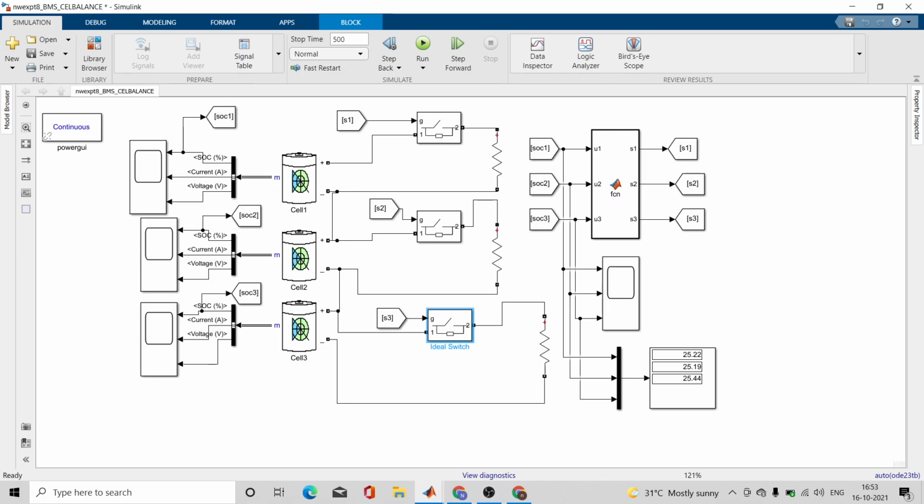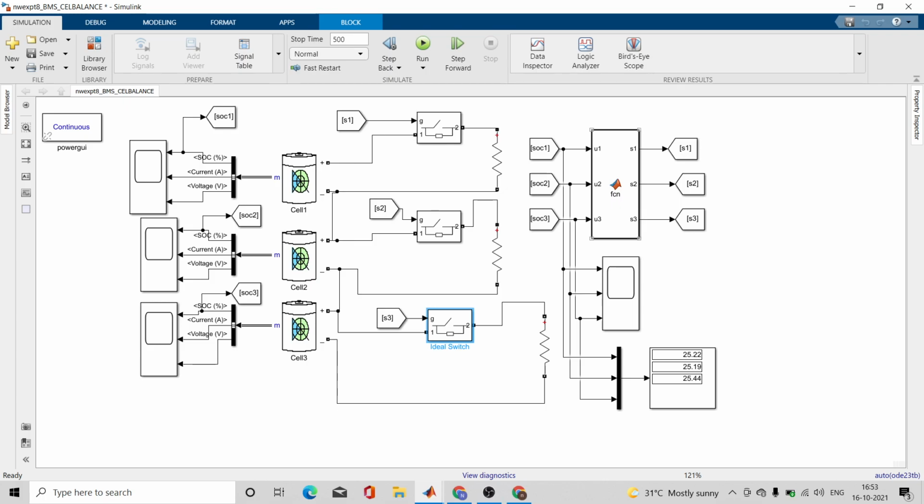So this state of charge will decide whether to close or open this switch. Your gate signal to each and every switch will be decided by the state of charge of the battery. The more the state of charge as compared to others, the more it will have to dissipate, meaning it will have to give the gate signal.